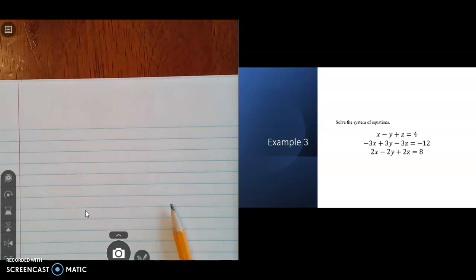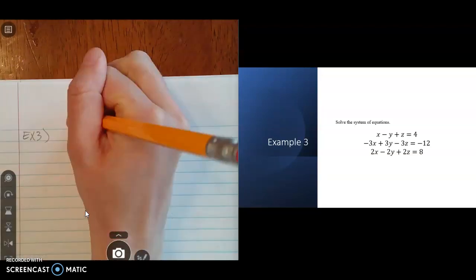Welcome back to section 7.6. In the first video, we looked at a couple of examples where we got one solution. I want to look at some of the special cases where you get no solution or infinitely many and see what those look like. So in example 3,